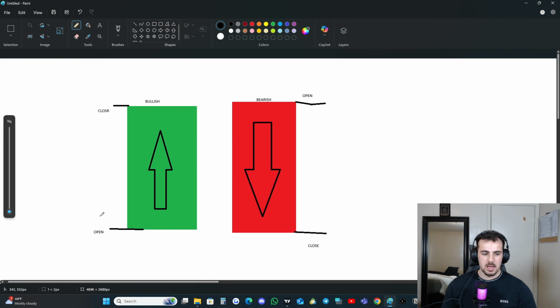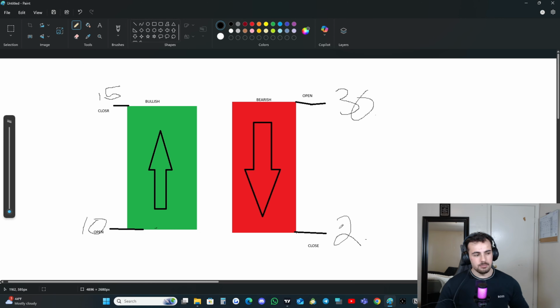Now, back to what I was previously saying, for a price to end off green, it has to close higher than what it opened at. So if, say, it opens at a price of $10, closes at a price of $15, price went up. Opens at a price of $30, but it closes at $2, price went down. Very, very simple concepts to actually understand,